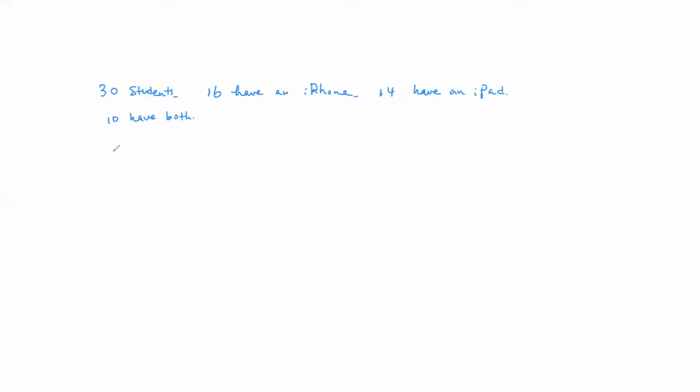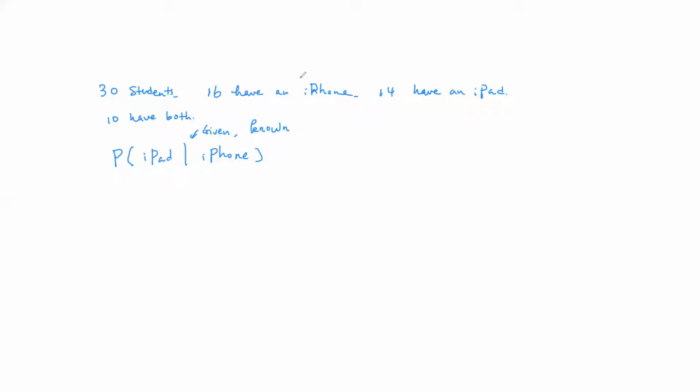So the question is this: suppose you pick a student, and this student has an iPhone. What is the probability that this person also has an iPad? Okay, so what we're looking for is the probability of someone having an iPad, given, this is called a given, we use this notation, a bar, given or known, this kind of language we use a lot, given that this person has an iPhone. So that's what we're looking for. It's a conditional probability.